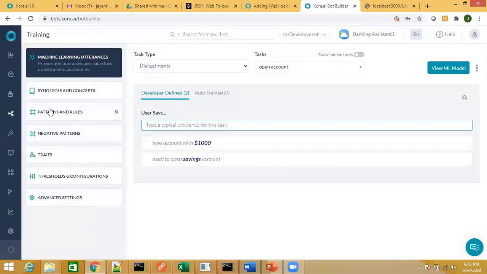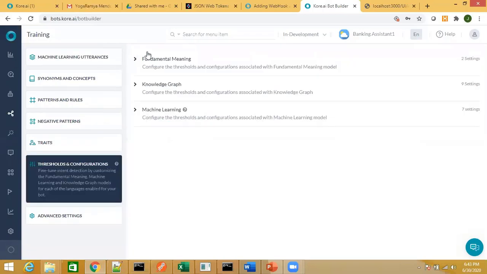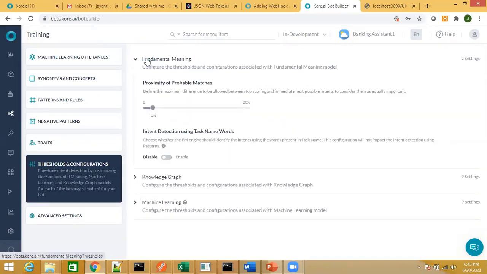Label words means the words which are used in the task name, whether they are present in the utterance of the user, or the synonyms that you have provided for those words are present in the utterance or not. Right now I have disabled that. This should be enabled, or you should have a pattern to trigger that particular task.